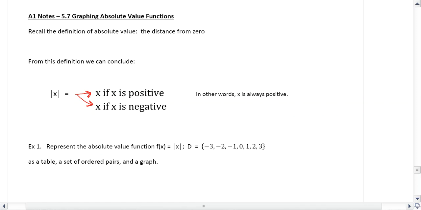This video is for Algebra 1, Chapter 5, Section 7, Graphing Absolute Value Functions. So just let me remind you of the definition of absolute value back when we were working on a number line. No matter which way we were going from the number line in the positive or negative direction, the absolute value is defined to be the distance from zero. And that is why absolute value is always positive, because it represents a distance, and you cannot travel a negative